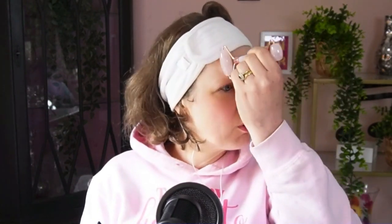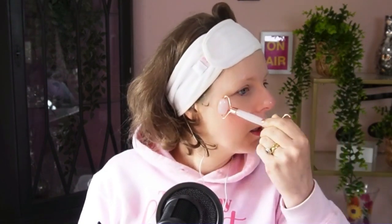So this is a quartz roller, and you roll upwards and outwards. And there's a smaller one that you can just use very, very gently. You use it very lightly, and this one is great for the area under the eye. So that's really lovely. And I'm going to use the second ingredient that is very calming, and this one's detoxifying as well,